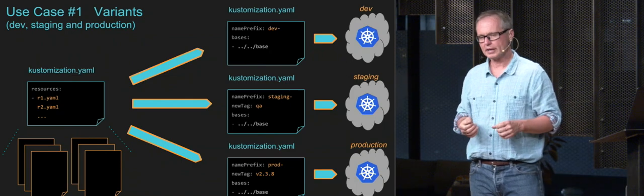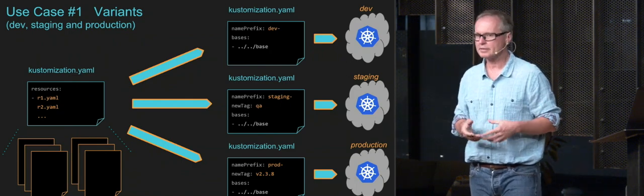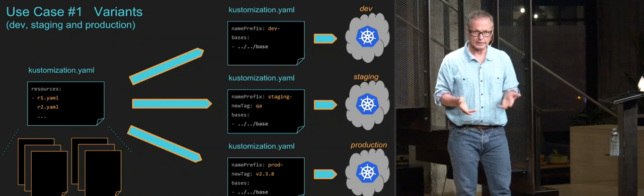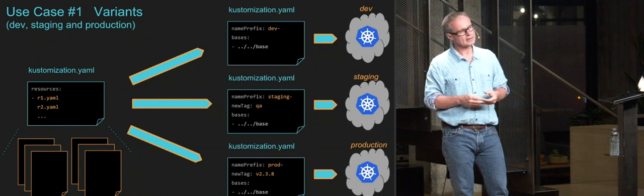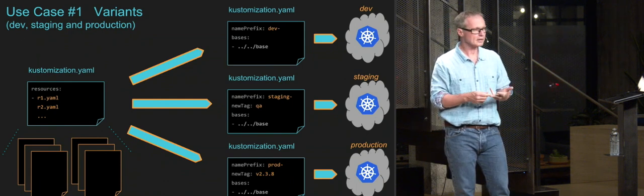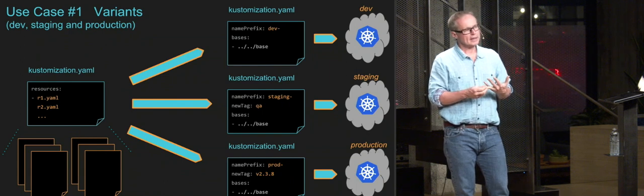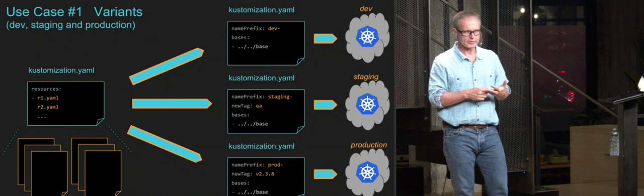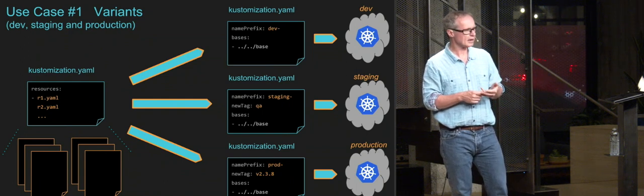That's on the left. This is a customization file that does little more than just act as a manifest, listing out the different resources you need. And then you've got 3 customizations, because I'm talking about 3 variants now: production, staging, and development. And all I've got listed here is I've changed the name prefix that's going to be applied to the resources, and